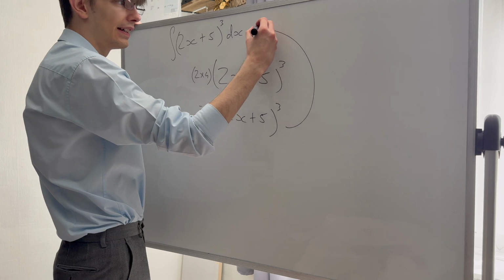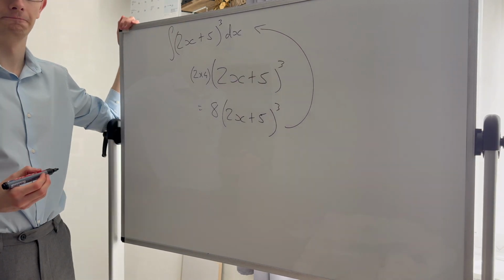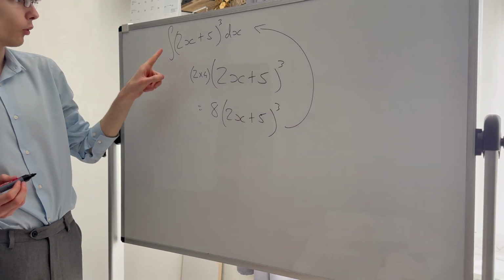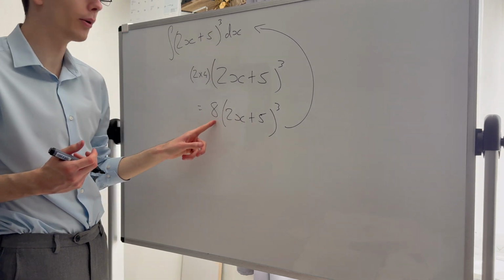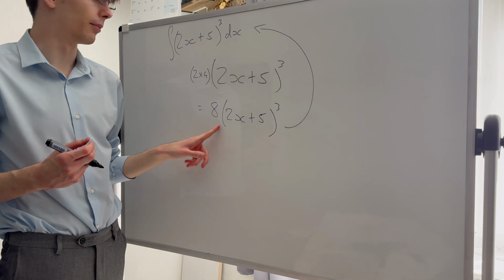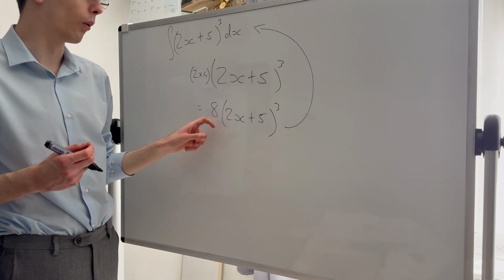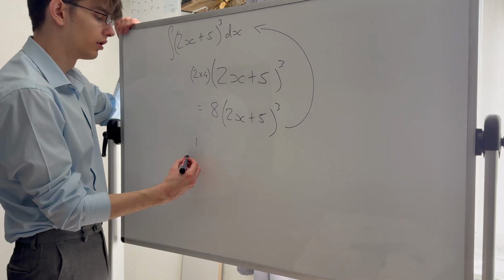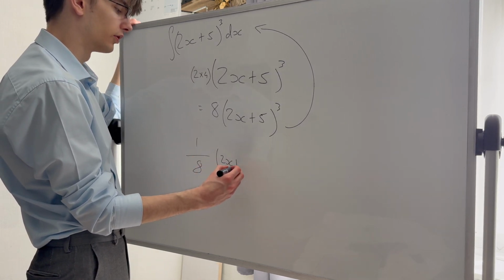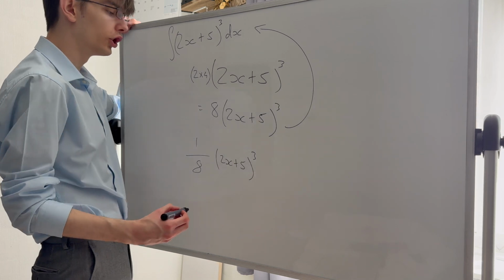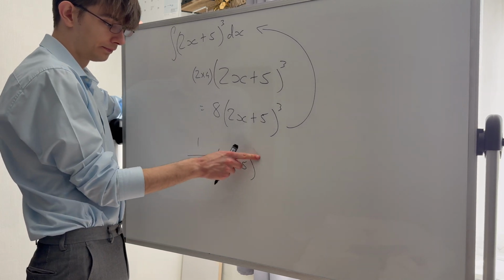But that is not what I started with. What I started with was nothing, well, 1 times 2x plus 5 cubed. There was no 8. Same as last time. How do I get rid of that 8? Well, I put it to be divided in the beginning. 1 over 8 times 2x plus 5 to the 4,